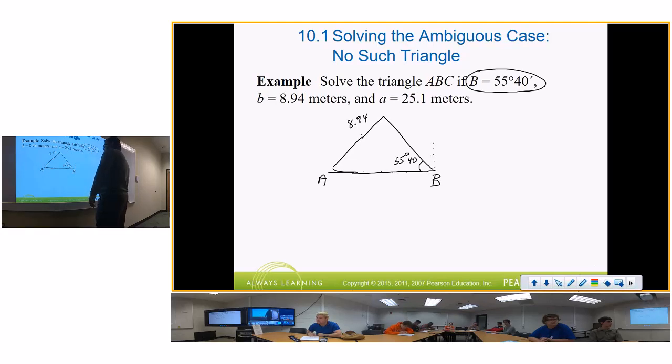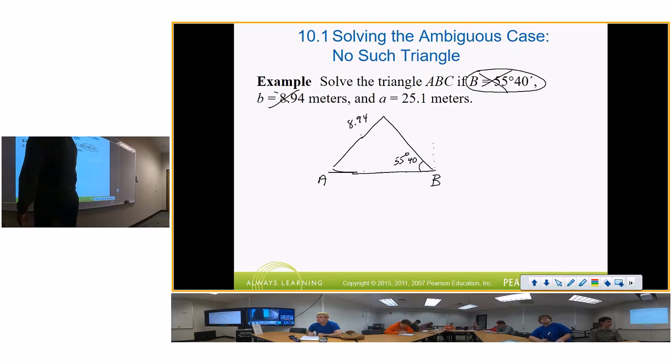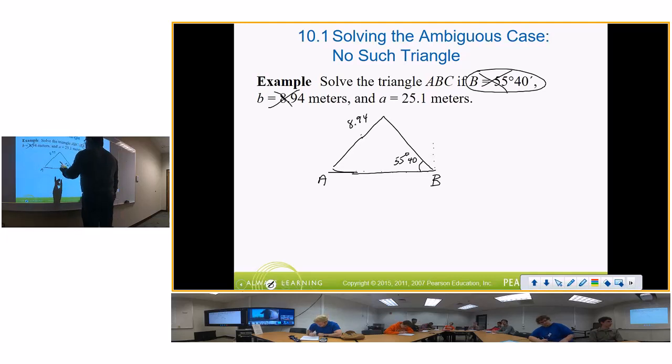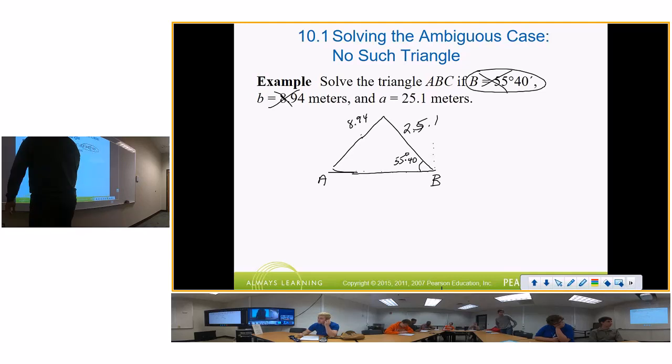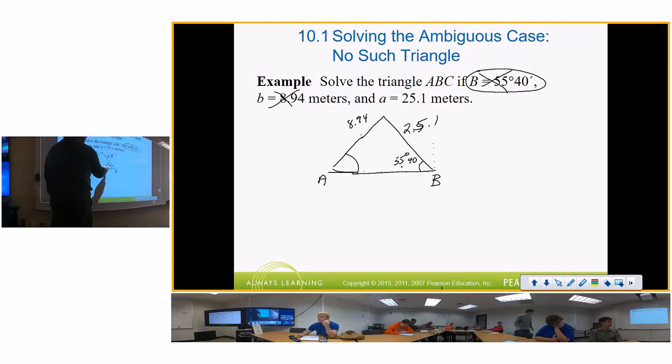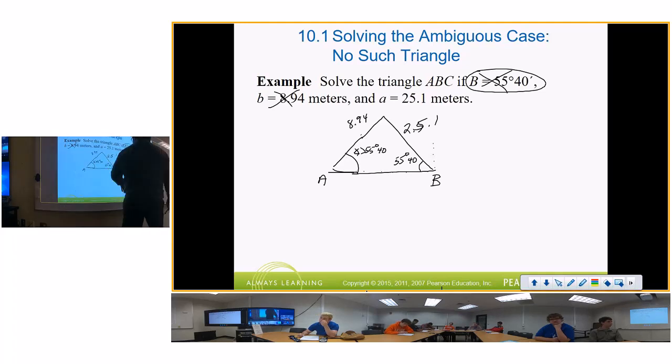So I've got that taken care of. And I've got that taken care of. And side A, which is this one over here, is 25.1 meters. So we know this angle is going to be bigger than what? It's going to be bigger than 55°40'. Okay? But we have angle B and side B, so